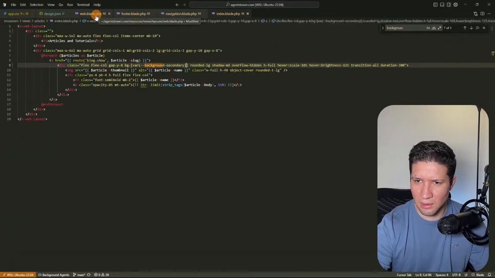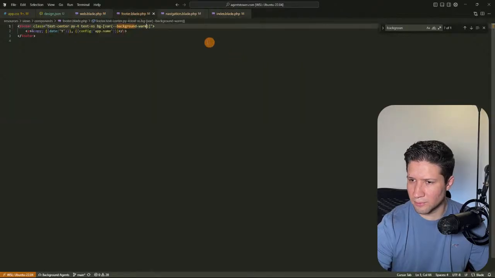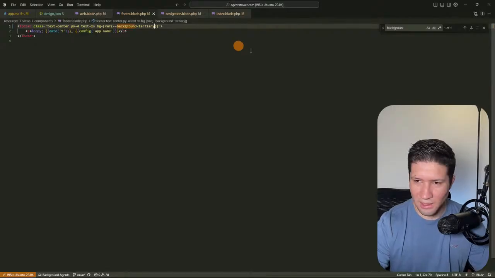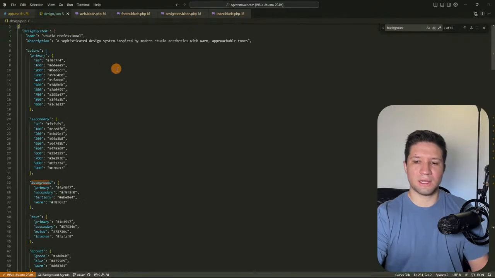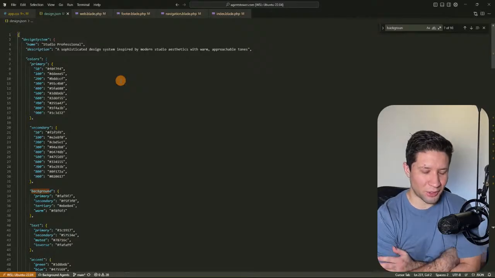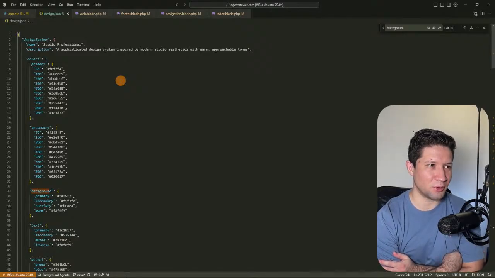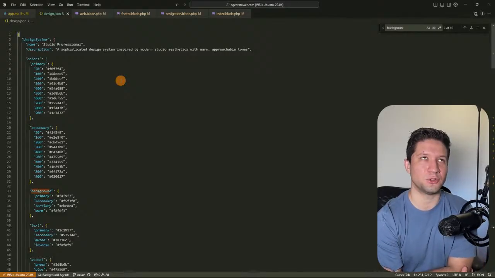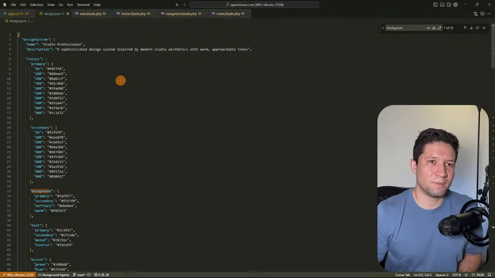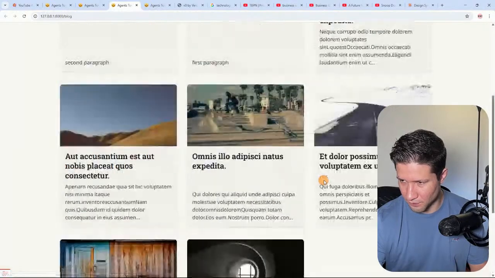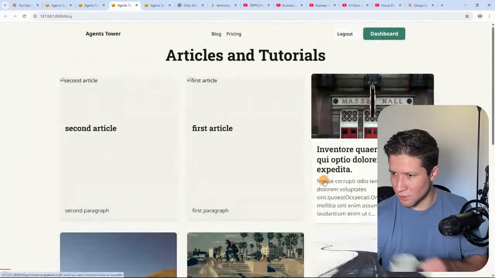So footer, tertiary. Okay. And maybe you think that this design system is not really useful, but we're going to start using it more. So you are going to see everything that it helps us with. So let's go here. So now